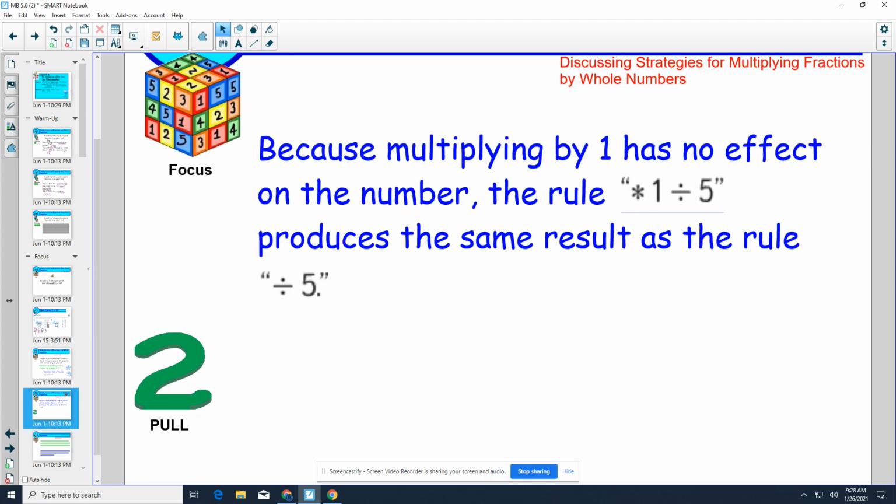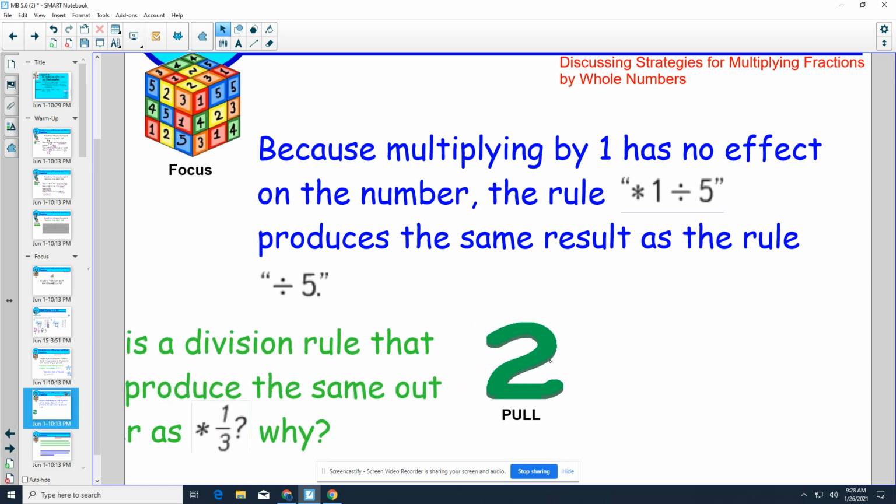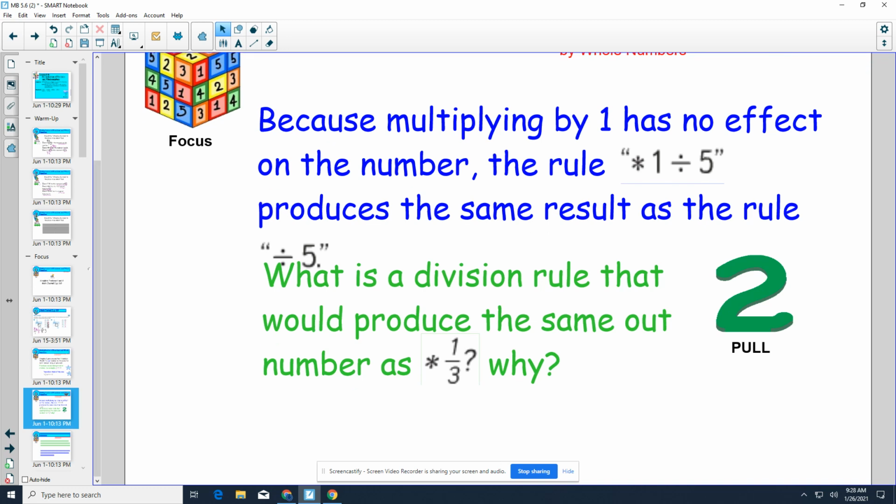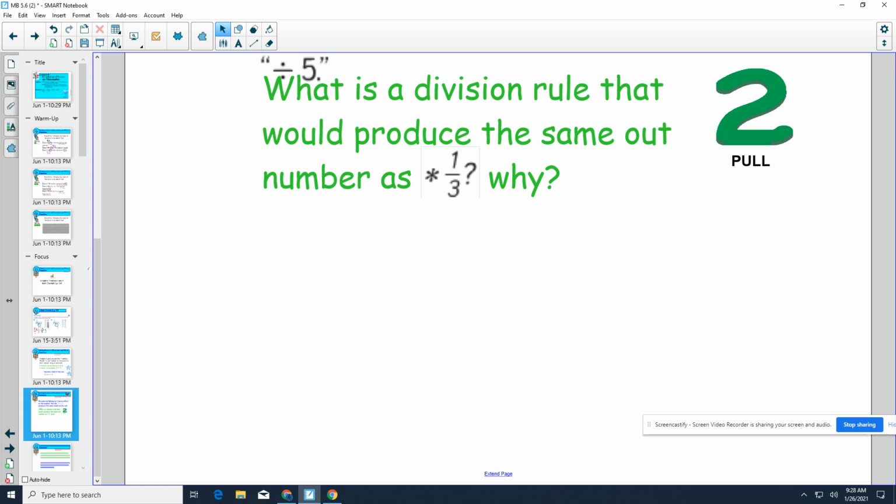Because multiplying by 1 has no effect on the number, the rule multiply 1 divided by 5 produces the same result as dividing by 5. What is a division rule that would produce the same number as 1/3, and why? So let's think about that for a minute. If we said that 1/5 is the same thing as dividing by 5, I think about this and I say,